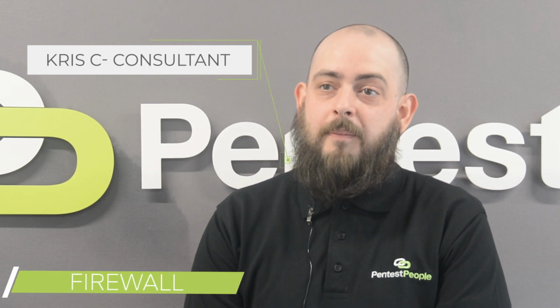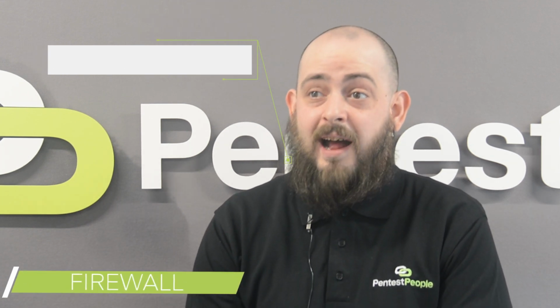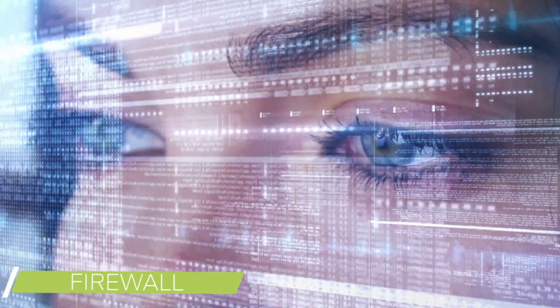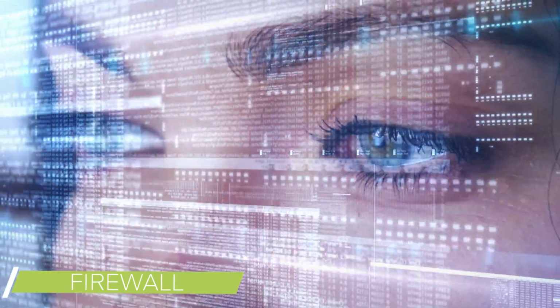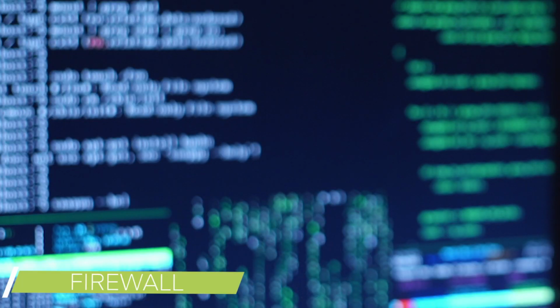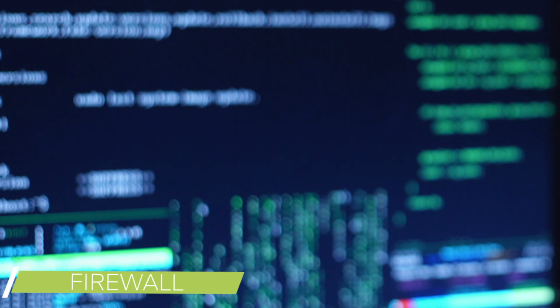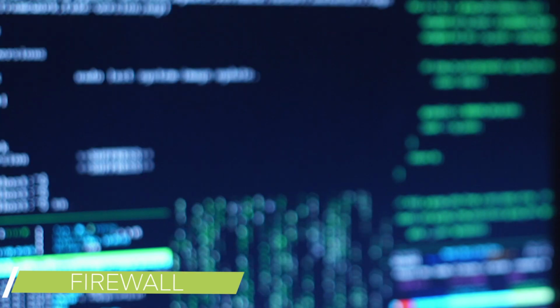So I'm Chris, I'm one of the infrastructure consultants here at Pentest People, and I mostly deal with firewalls. A firewall itself generally ends up being not the be-all and end-all when it comes to infrastructure security. There are other control methods that go into place, but it does act as the main key to any perimeter